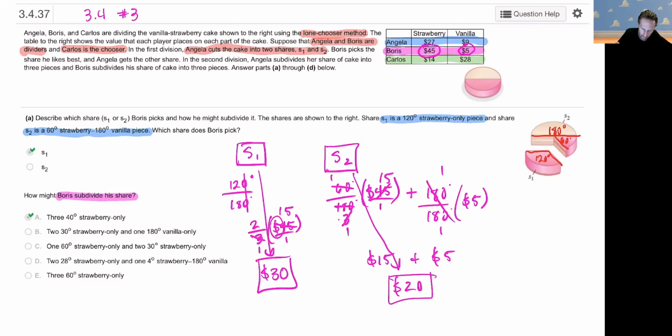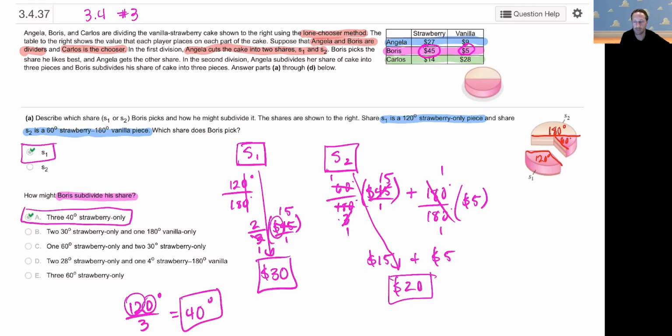So obviously what we're going to have to then do is make sure that he takes that 120 degrees and divides it equally 3 ways, which equates to 3 goes in that 120, 40 degrees for each section of the cake. All right, so that was part A. We'll move on to part B now,